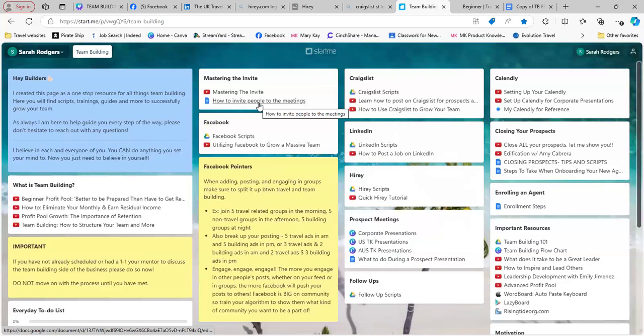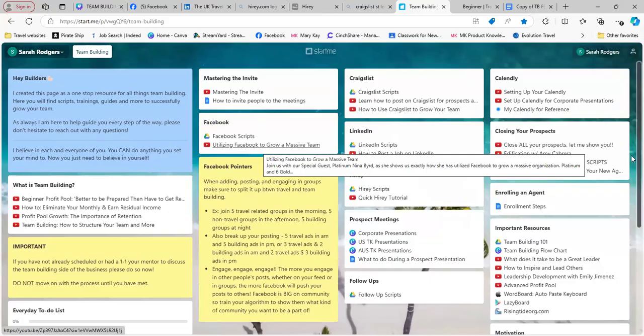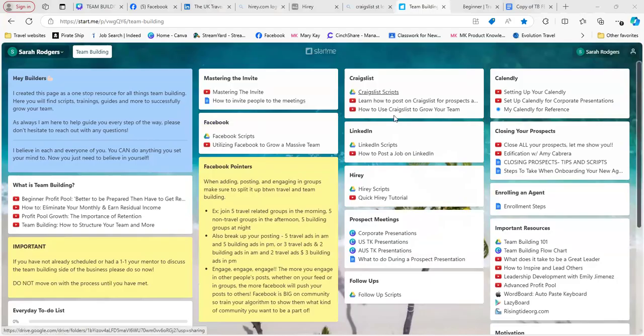the master and the invite and how to invite people to meetings, there's the Facebook scripts and the video on utilizing Facebook to grow a massive team. And then here's Craigslist scripts and learn how to post and stuff. LinkedIn, the same thing. Hiree, which we'll go over a little bit. Here's the calendar for the prospect meetings. What to do during a prospect presentation. The follow-up scripts, which we're going to get to